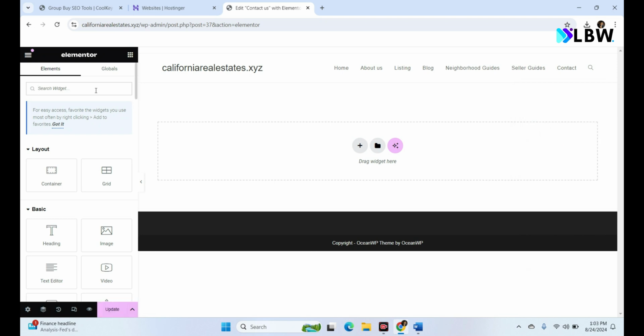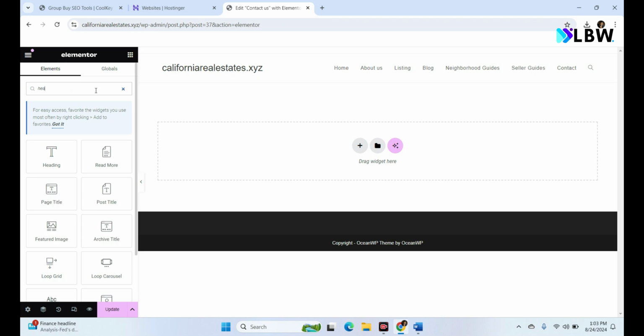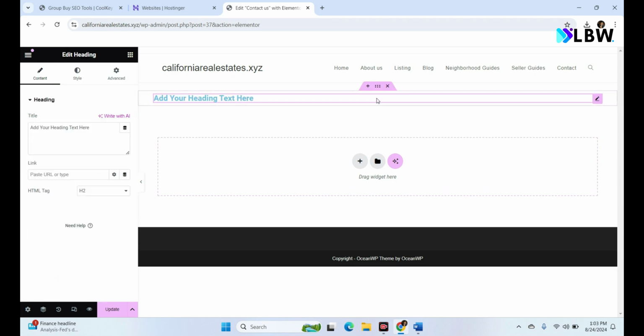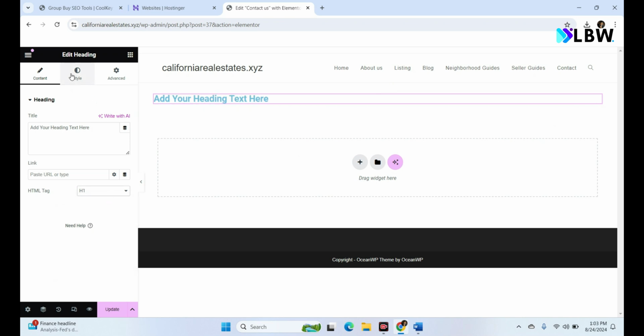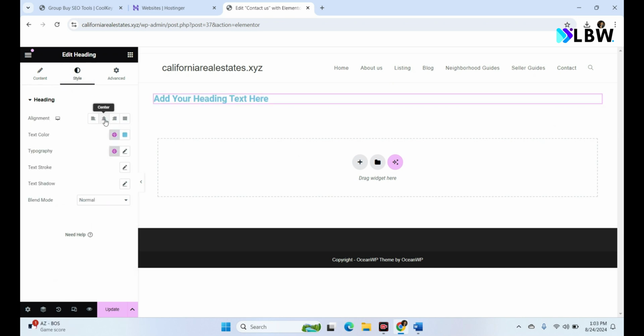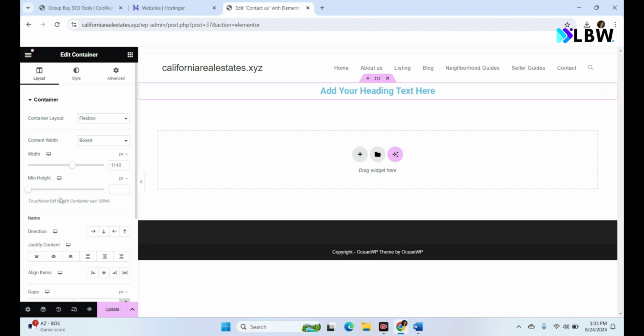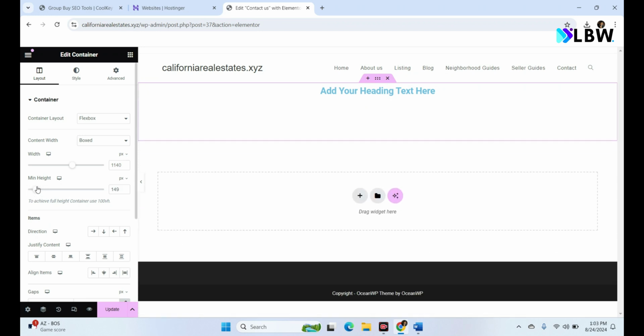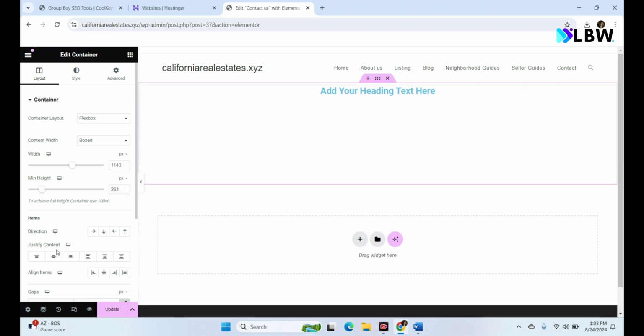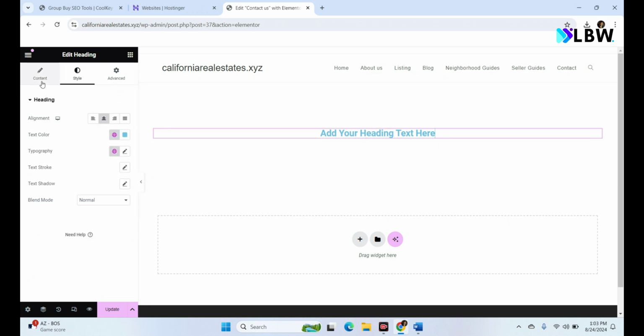Now we need to add the page title. Click on heading, just drag and drop. We should select the H1 tag for that. Now make it center. We can add a minimum height of 140 and click justify the content. It is in the middle, and you can rename the